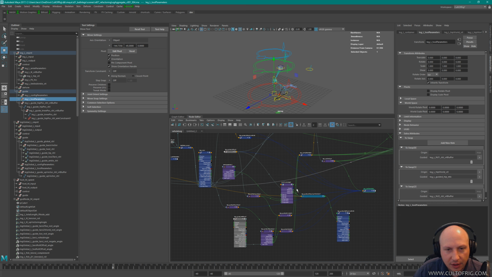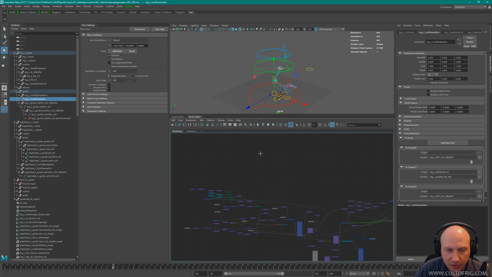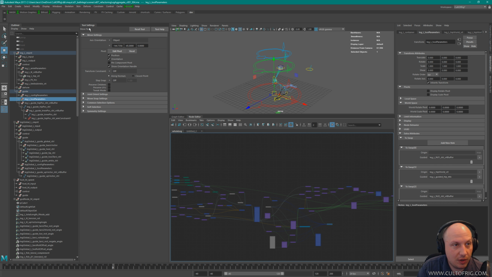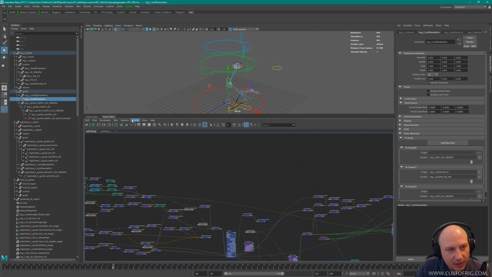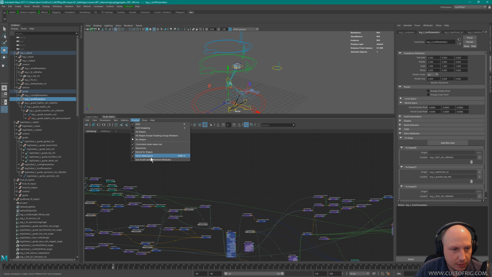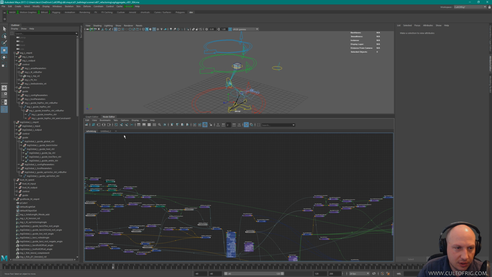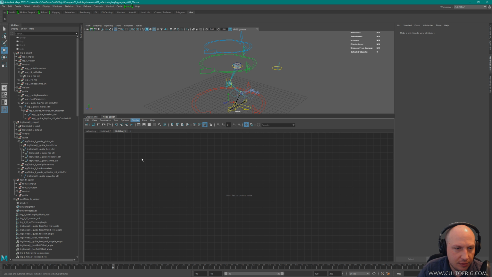Let's also save. Oh, by the way, someone was asking me before. They loaded the scene, the one that I provide in the downloads, and no connections appeared. So if you go in options, you can change it in the preferences for the node editor. Don't care for the namespace in this case. You can change what the default is in the preferences, but that default is instated every time you open a new tab. If you use assets and published attributes, let me show you in a new tab,